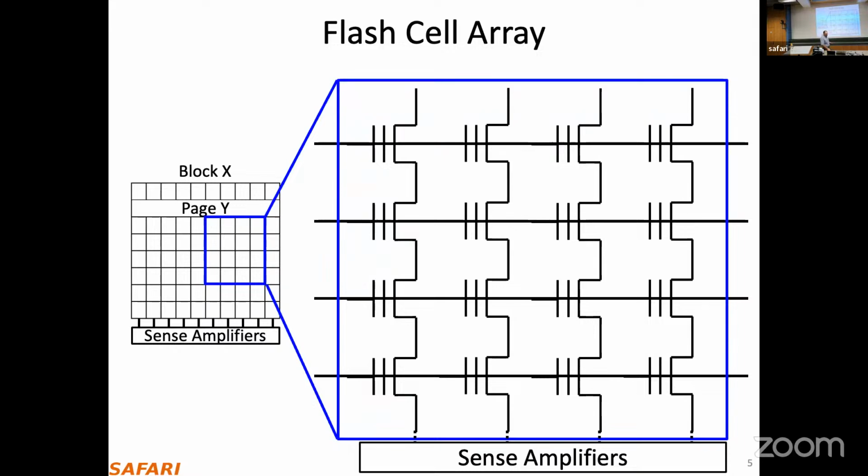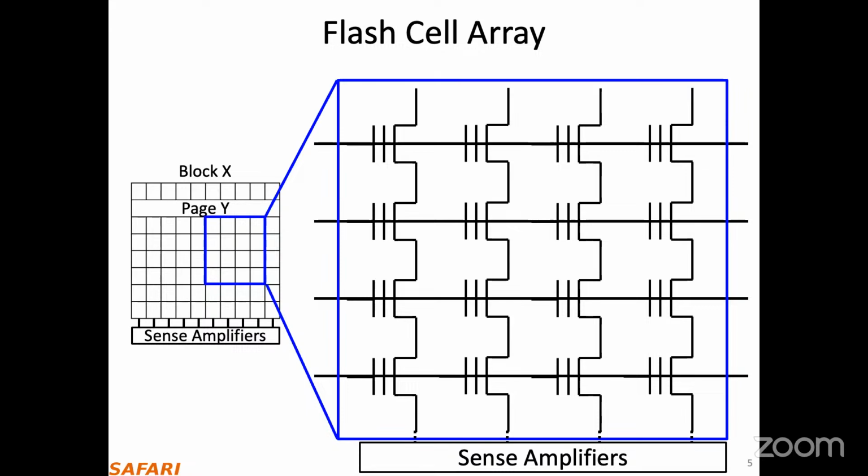So this is a flash cell array. You can see that we have several transistors that are serially connected. Each such connection we call a NAND string. We also have the word line, where flash cells are connected in a row. It's very similar to a DRAM array, where we have rows and columns. But the main difference here is that